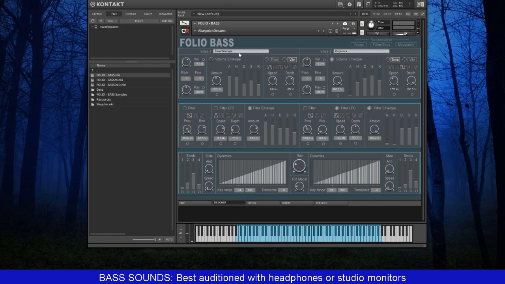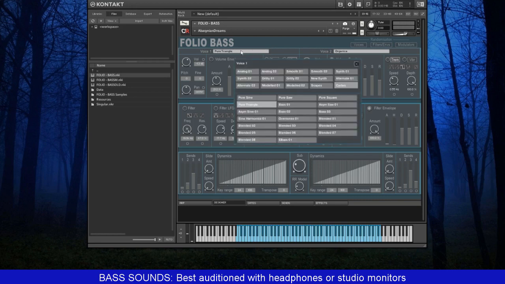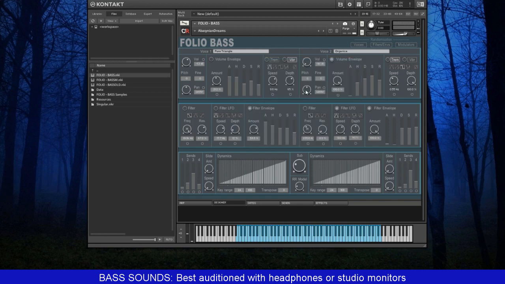The first thing you're probably going to want to do is choose some source material. So click on one of these names, and you'll see this dialog appearing. There are 15 categories of sounds in Folio Bass, and each category has a whole set of different sounds included. So if I close this for a second and turn off the volume for voice number 2,